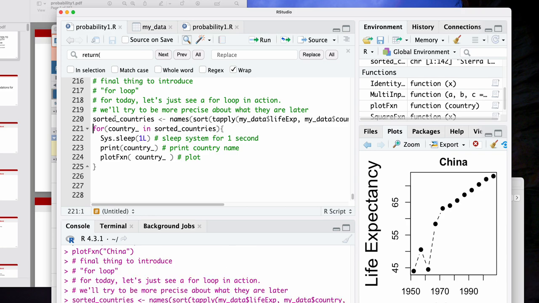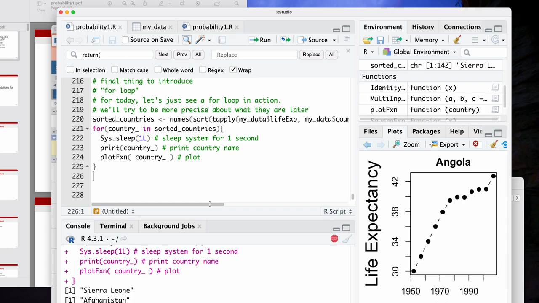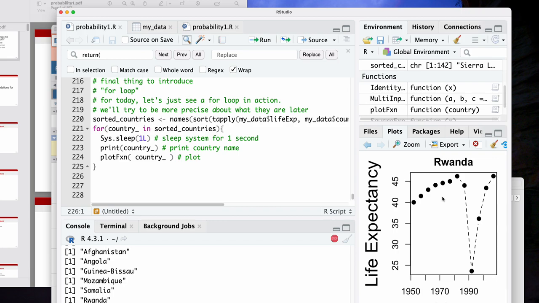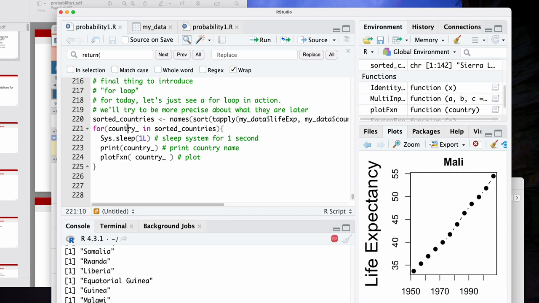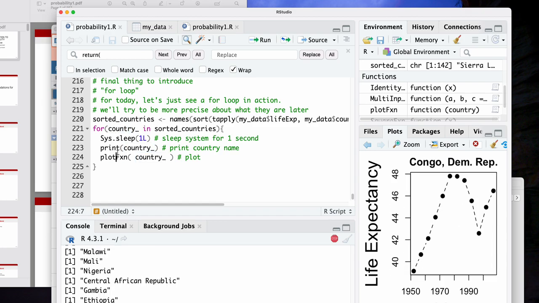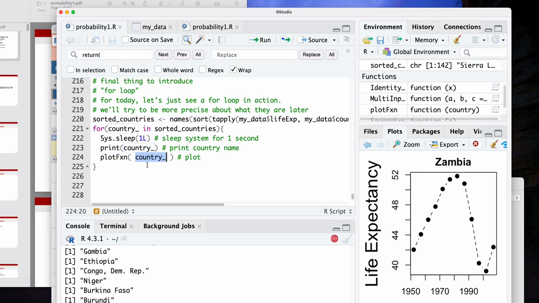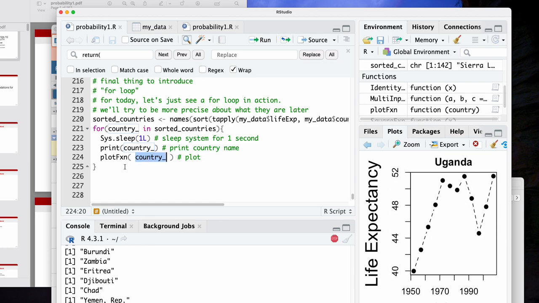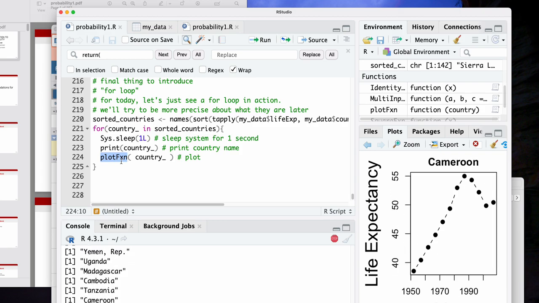And I'm going to do it. I'm going to just hit enter, and you'll see what it's doing. I think based on what you're seeing here, we're seeing every country, the trajectory of every country, and you're getting an intuition for what a loop is doing. We're basically iterating through every country in our data set, and we're performing that function with that data input varying as we iterate. So every country, we're iterating over it, and we're putting every country's name into this plot function, and we're just iterating through all the countries that we have, and this is what we're seeing.